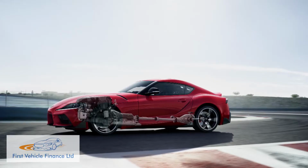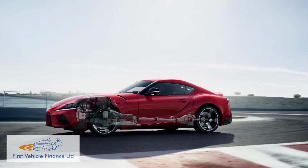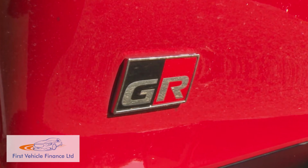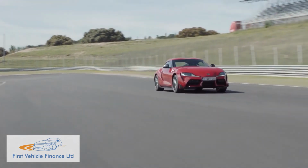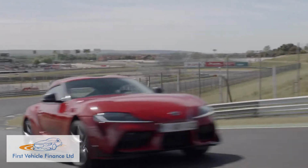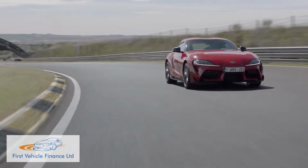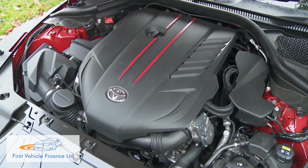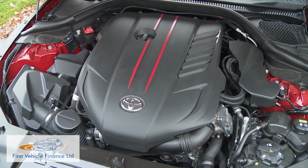dynamic elements that really matter, namely the settings used here for suspension, steering and the electronically controlled differential, are all his brand's own, courtesy of an intensive tuning program from Gazoo Racing, the Toyota competition division given the task of developing this model. If you're going to compare the Supra to another car, he says, compare it to a Porsche Cayman. That, of course, isn't the kind of classic straight-six, front-engined, rear-wheel drive sports car this Toyota is trying to